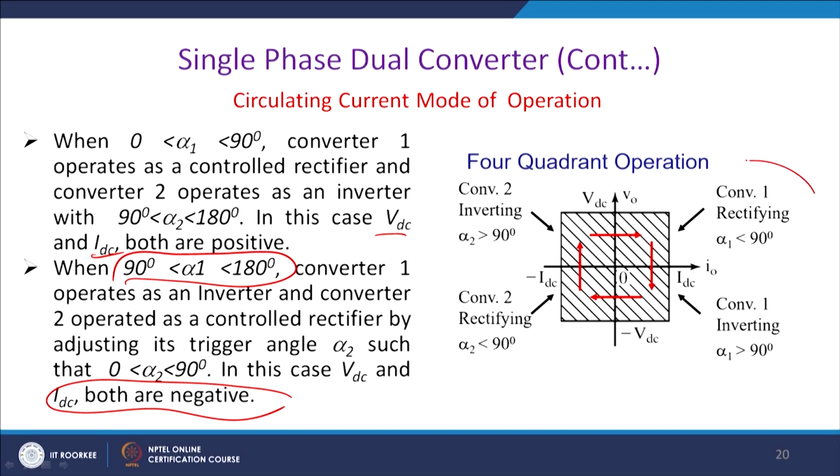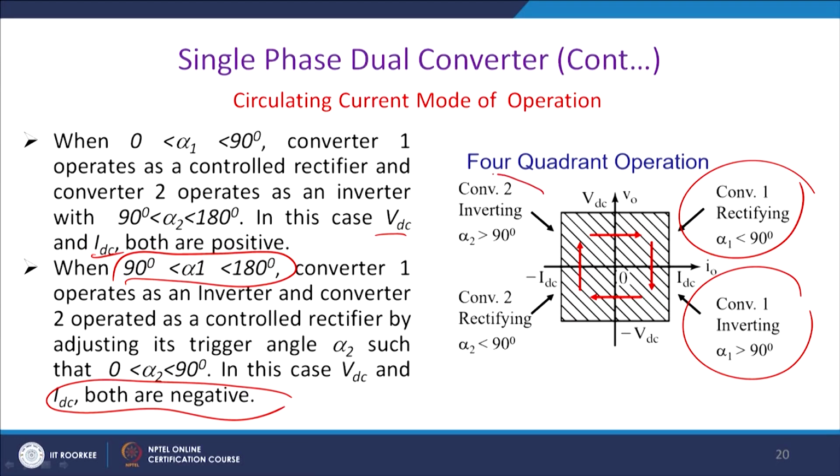So, converter 1 is in rectifying mode, thereafter converter 1 is in inverting mode, this is one of the quadrant operations. In this condition IDC is positive. So, this is a conversion we have actually described in the case of the fully controlled converter. Similarly, we can make converter 2 less than 90 degrees, then IDC will be negative but VDC will be positive, and this is the third quadrant operation, where both VDC and IDC will be negative, where you are putting the converter to more than 90 degrees.